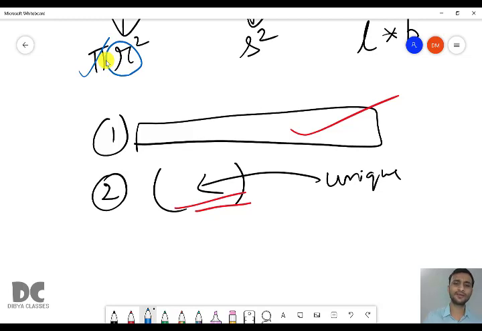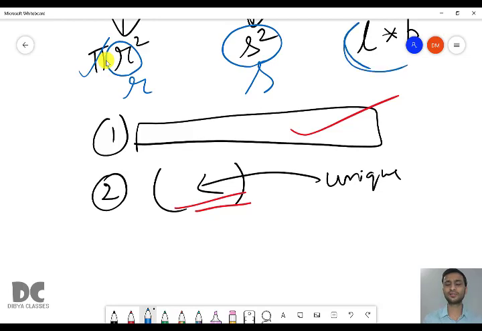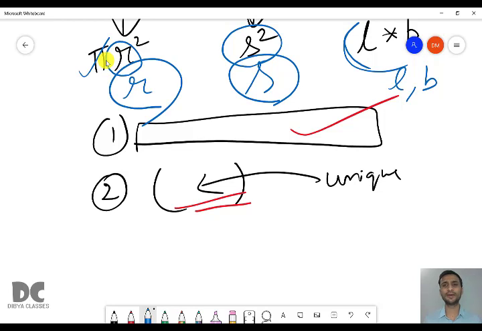Similarly, for finding the area of a square you need s, and to find it for the rectangle you need L and B. Okay, so here you have one argument inside a parameter, here also you have one argument inside a parameter, and here you have 2 arguments in a parameter. So we already know what input we need to take in all the functions. In function 1 we need radius as the input, in function 2 we need the side as the input, and in function 3 we need length and breadth as the input.